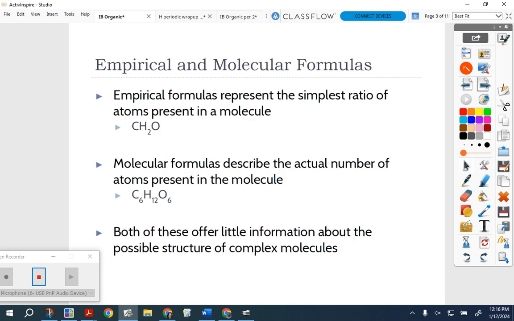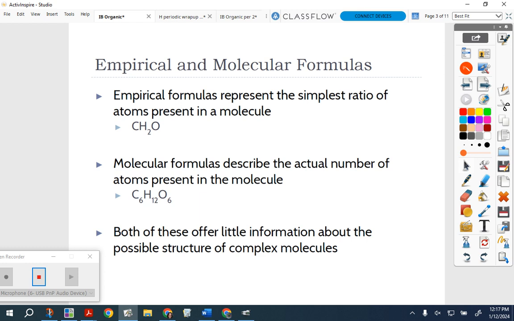Okay, so one of the things that we needed to start with was, how do I identify organic molecules? How do we write their formulas? How do we name them, et cetera? I'm going to just briefly mention that just like in the empirical formula lab that you guys did at the beginning of the year with magnesium oxide, we can use empirical formulas in organic chemistry as well. I'm not going to talk about them anymore until we get back into stoichiometry, but this is something that we do talk about if we have something like